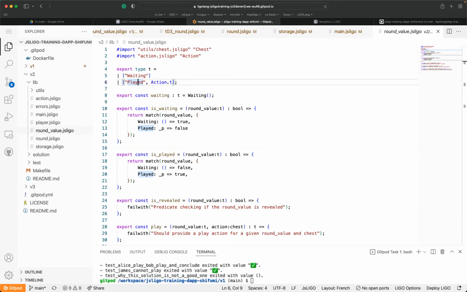Then after, the player 1 has played, but he should not play an action directly, but he should play something which has been chested, something which has been ciphered. So this one should be changed, thanks to the data type which has been provided by Tezos, the Tezos library.